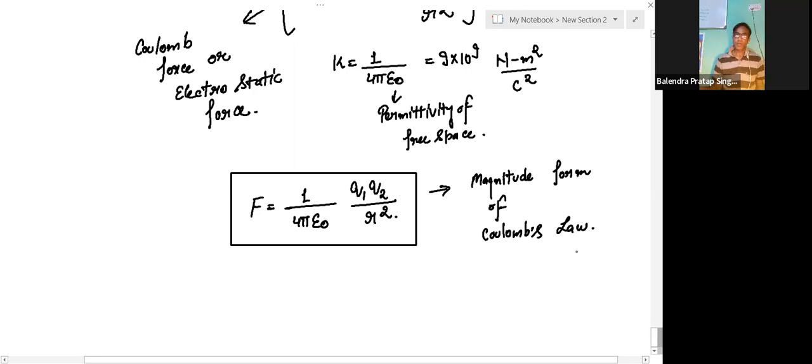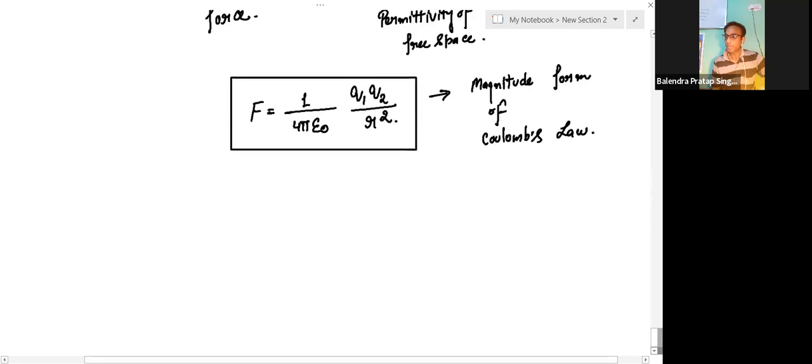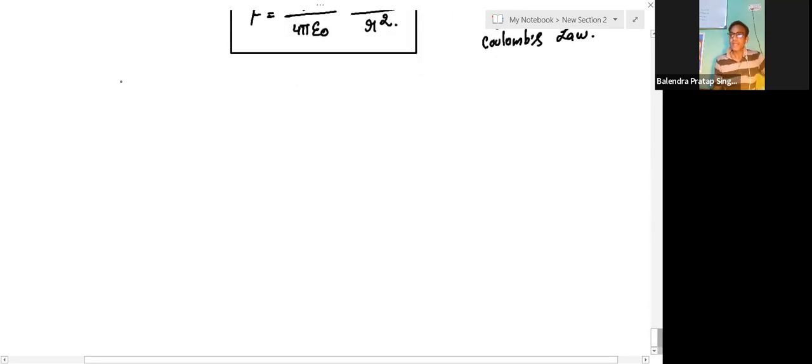Okay, now let's talk about the vector form. If you consider a vector, because electrostatic force is a vector force, how to define direction? So to define a direction, you can write here vector form. So if I consider a charge q1,